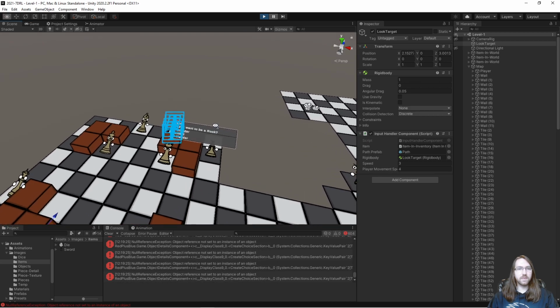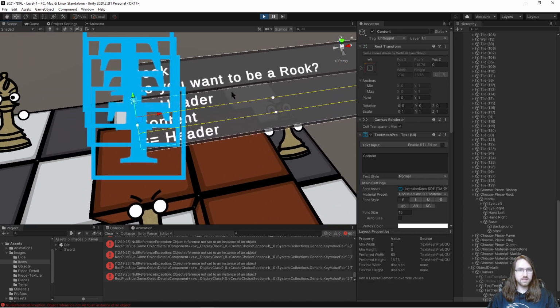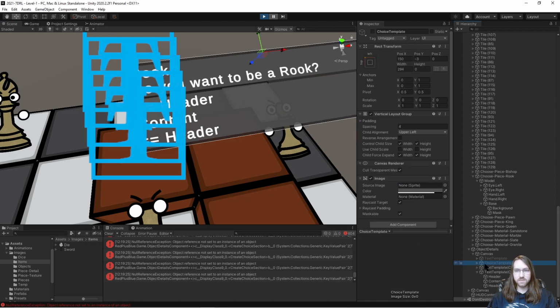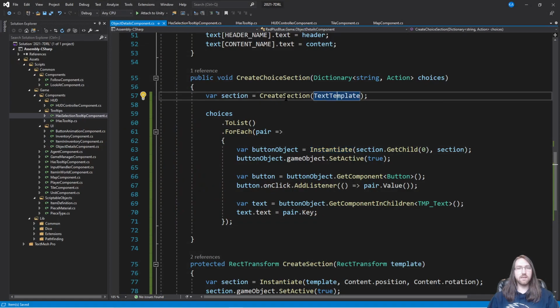There we go. All right. So that's interesting that it created all of that. Header and content. Why did you clone all of those? Because you really shouldn't. Ah, because we create the section in... okay, I see. I understand now. Because the section gets created...